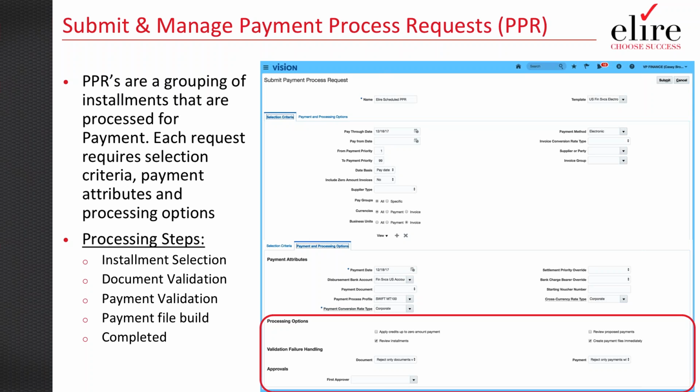So the payment process request page is kind of that final stop for evaluating and ensuring that payments that have been approved, that are ready for dispatch, are out there and will be picked up in this process. Last but not least, if we want to talk about some of the overall processing steps that occur during submit and manage payment process requests, we talk about the installment selection, so the invoices and the payments from cash management